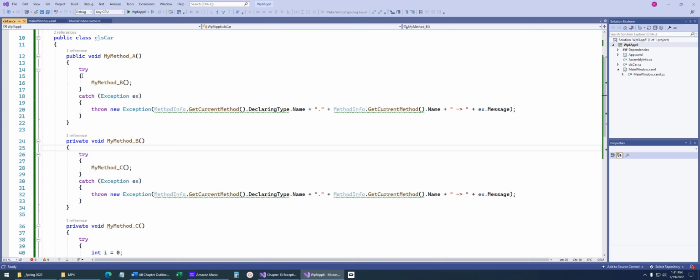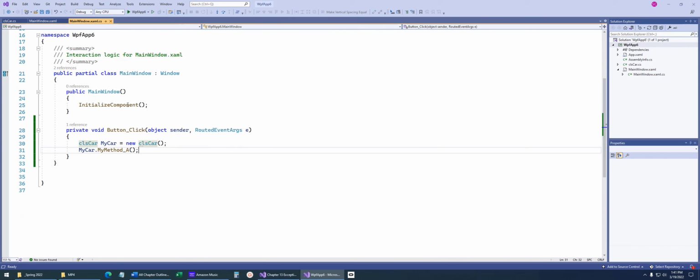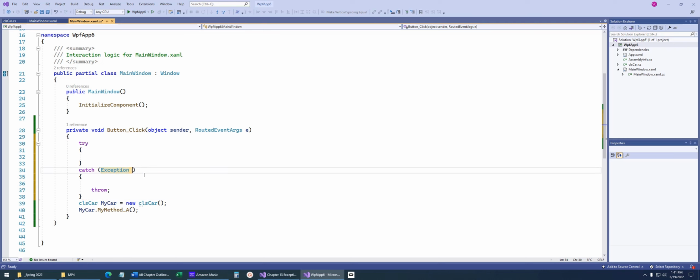And that's why I personally like to put try-catch blocks almost everywhere, because it's saved my butt so many times because I have bugs in my code. It's impossible to have bug-free code. No one does it. And so that, again, is why I like to put these try-catch blocks everywhere, because they help me catch my